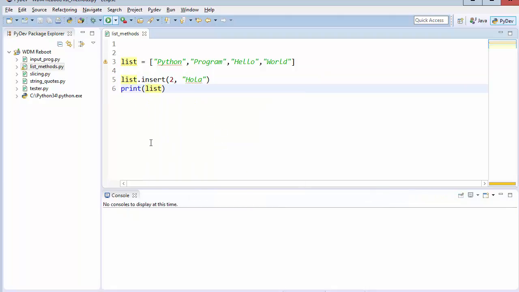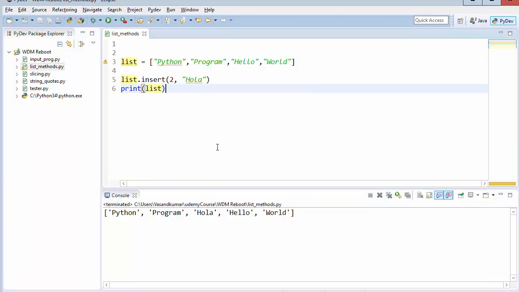List. I'm running it and you can see hola has been added. Now this also can be done using slicing. That's exactly what I'm going to teach now because it's going to be easy. Now what I'm going to do,